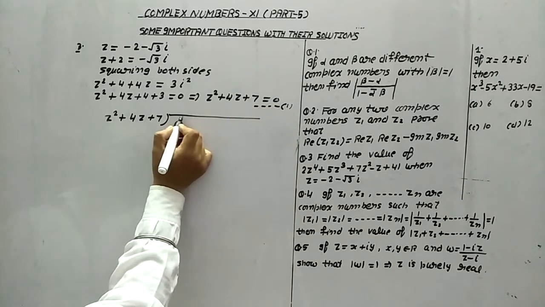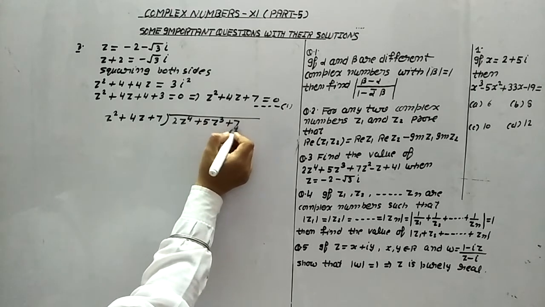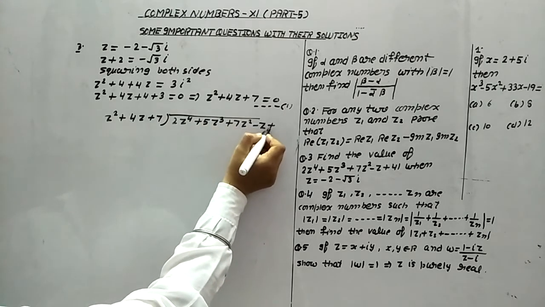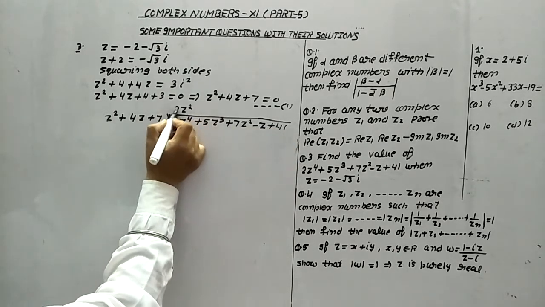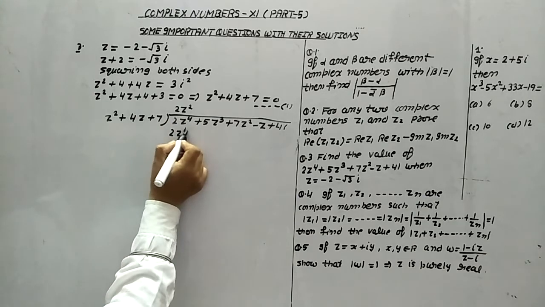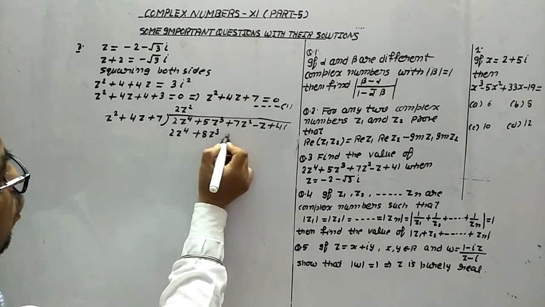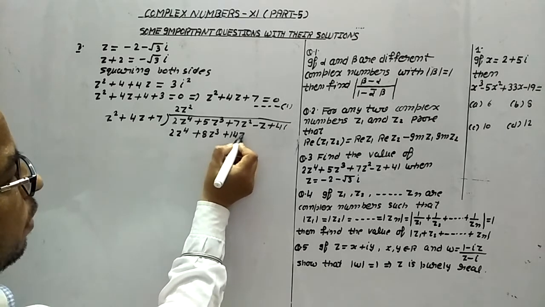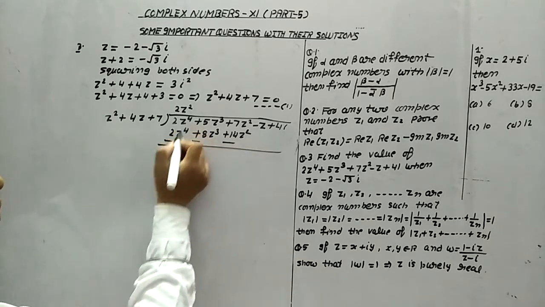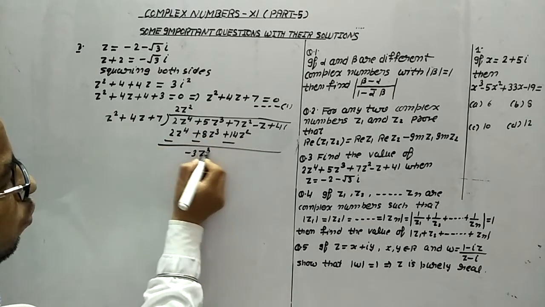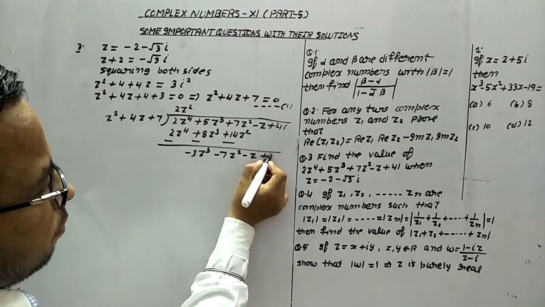What is this? This is 2z4 plus 5z cube plus 7z square minus z plus 41. By which term should it be multiplied? 2z square. So this becomes 2z4, and this is plus 8z cube, and this is plus 7 times 2, 14z square. Now look at this thing. This is minus, minus, minus. So this cancels out, minus 3z cube, and this is minus 7z square minus z plus 41.